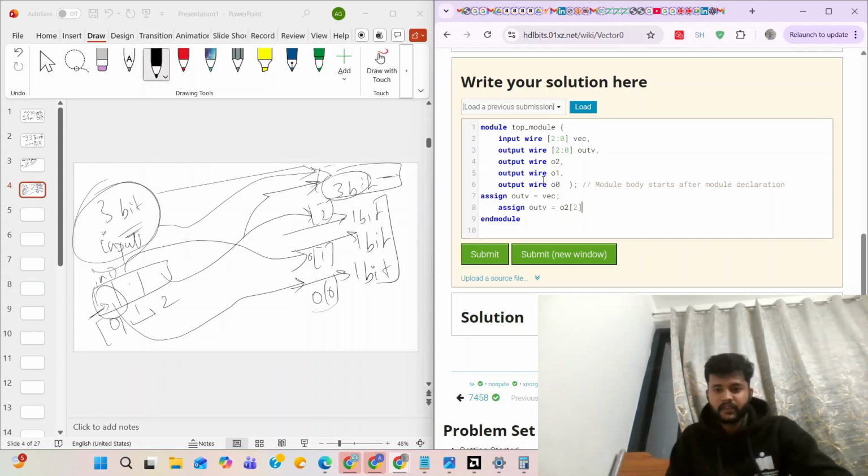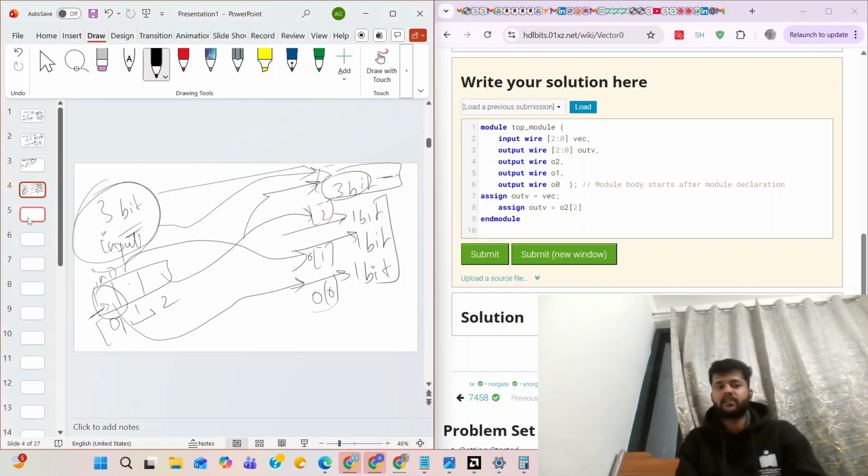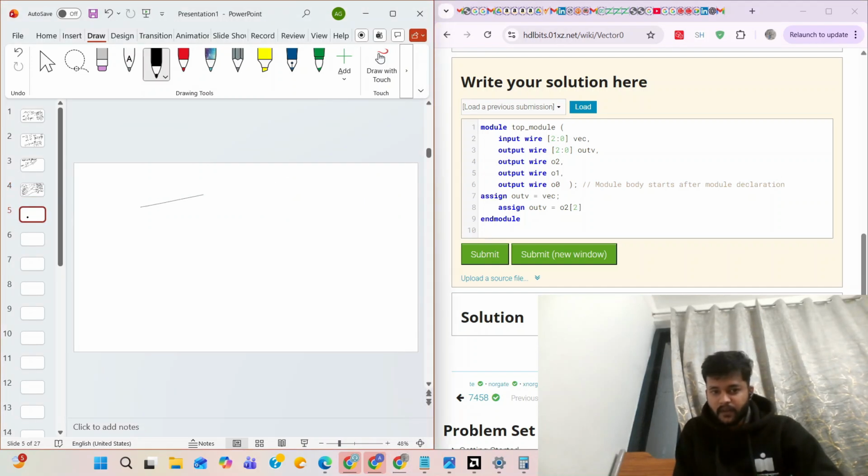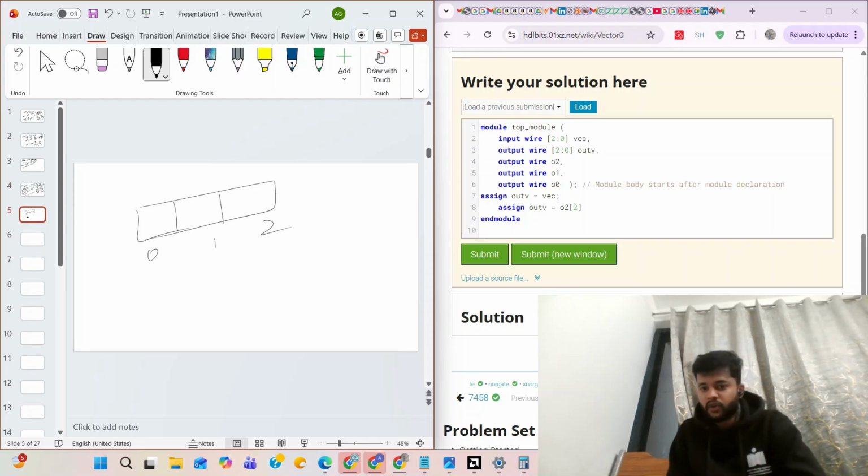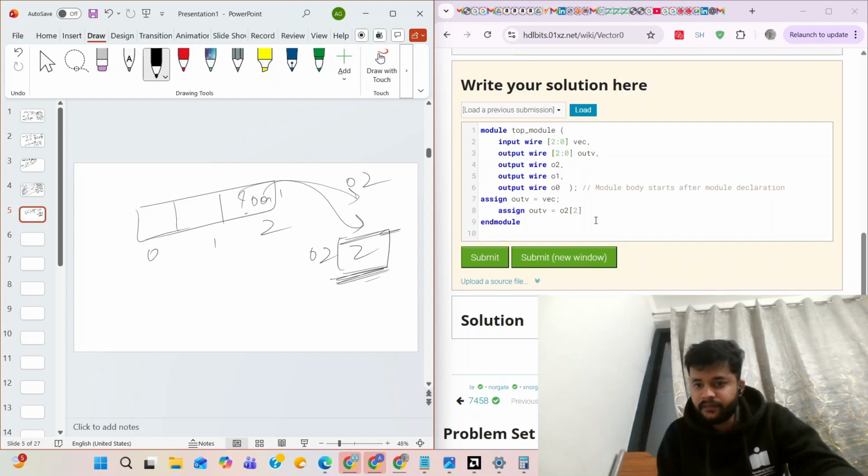This is the way of partially selecting a vector. So you wrote O2 = input[2]. Whatever value is there, let's say 0 or 1, at this second position, it will be assigned to the output O2. You understood?